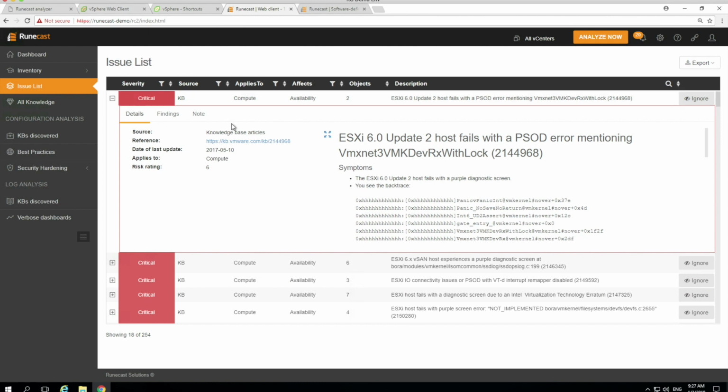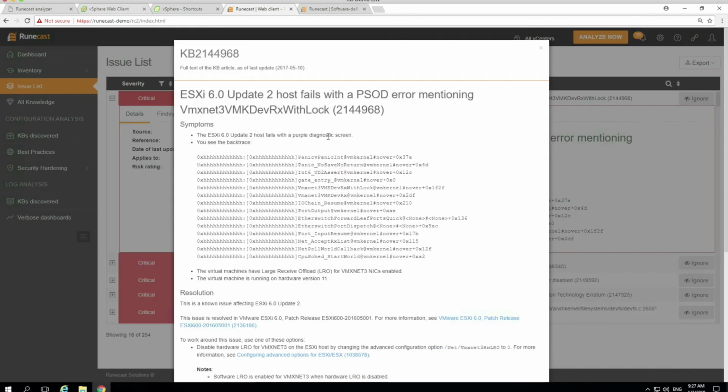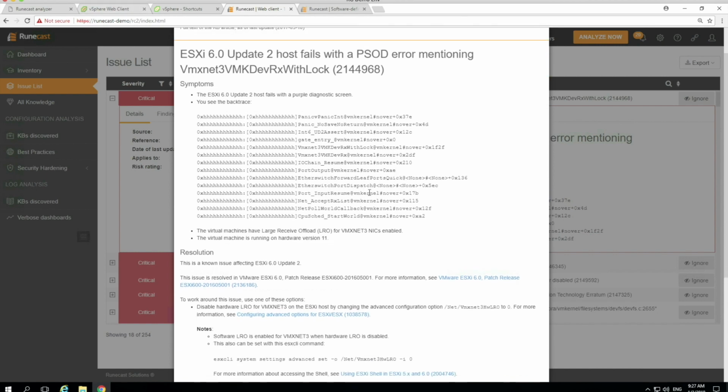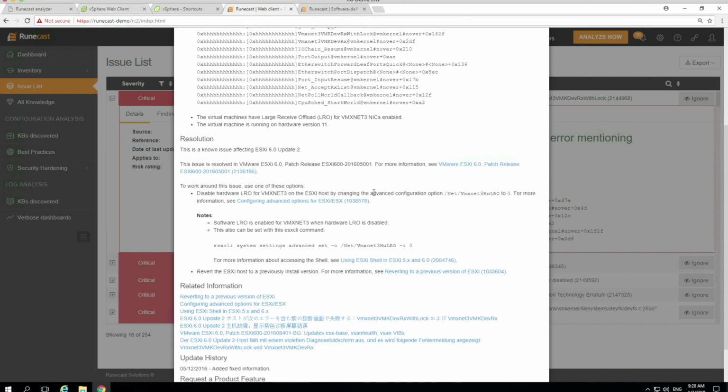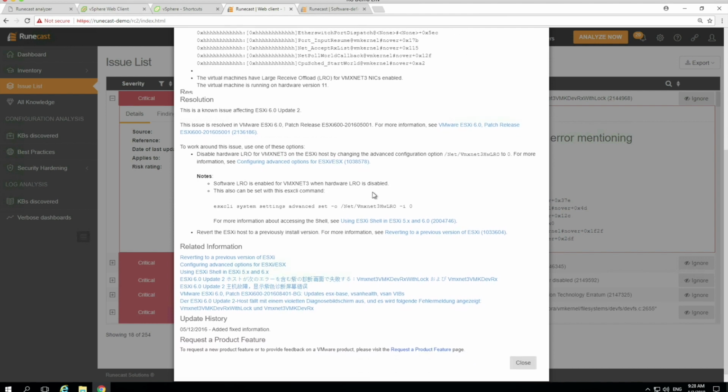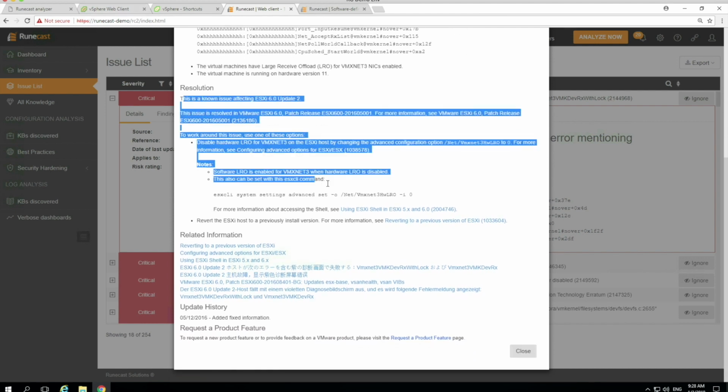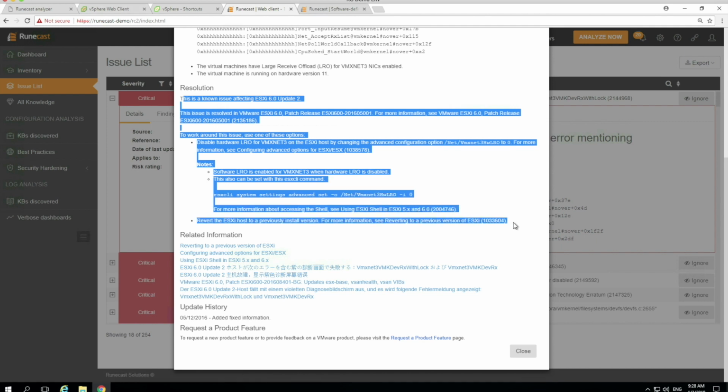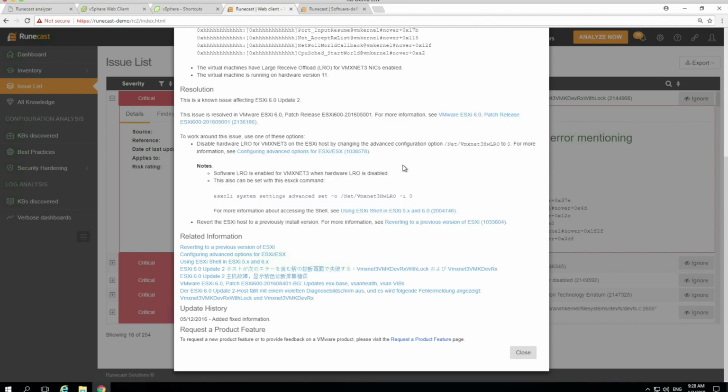If you open that up, it will tell you what the problem is. So, for example, we've just seen that's PSOD. It will also tell you, within your on-premise data center, so you don't even need to go out into the internet for this, it's actually embedded in there, the KB article, which I'll probably need to scroll down, and the resolution. So it's doing the root cause analysis for you, it's finding the solution for it and presenting the resources from VMware of how to resolve that back into the interface before the problem's actually manifested itself.